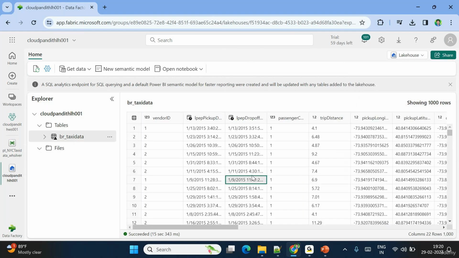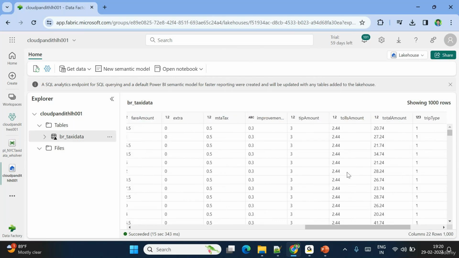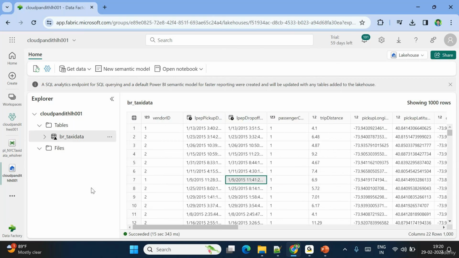Okay, so now you can see the top 1,000 rows and 22 columns are showing. You are able to see all the data that we have. Now what I want to do, so my sources we know,